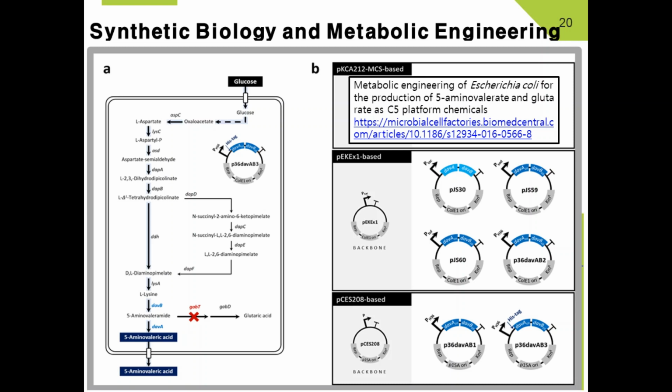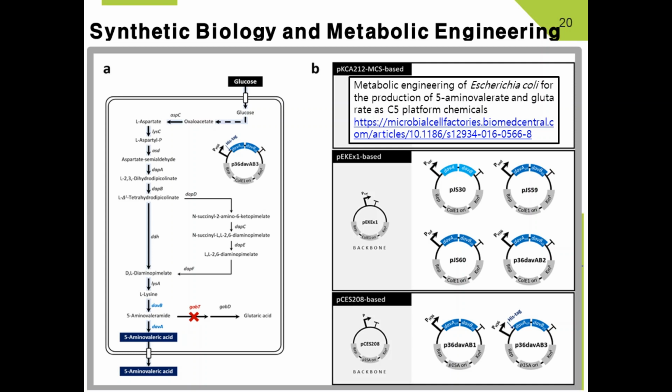Now, in these 3 plasmids, pCAK, pEKE, and pCES208, we still put DAV-BA or DAV-AB the same way. There is a promoter, an RBS, a restriction enzyme site, RBS, DAV-A, RBS, restriction enzyme, DAV-B, and then restriction enzyme, and that's it.